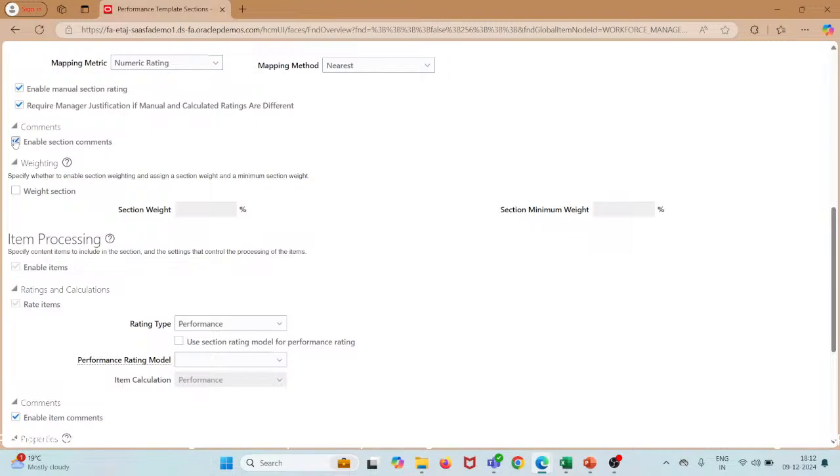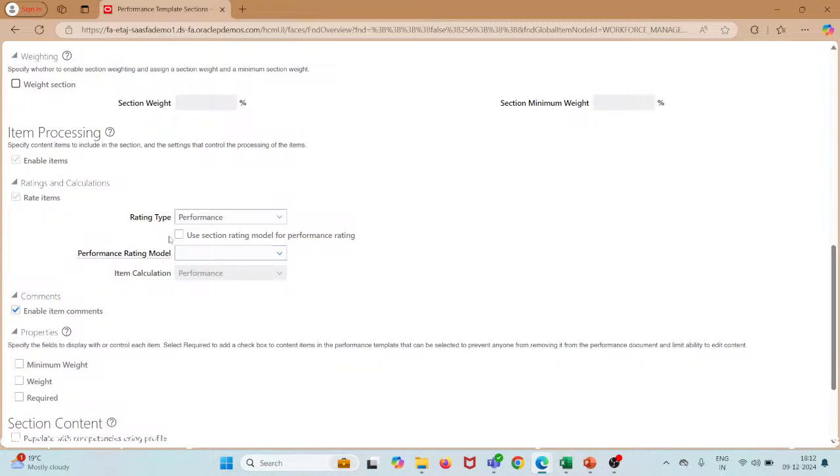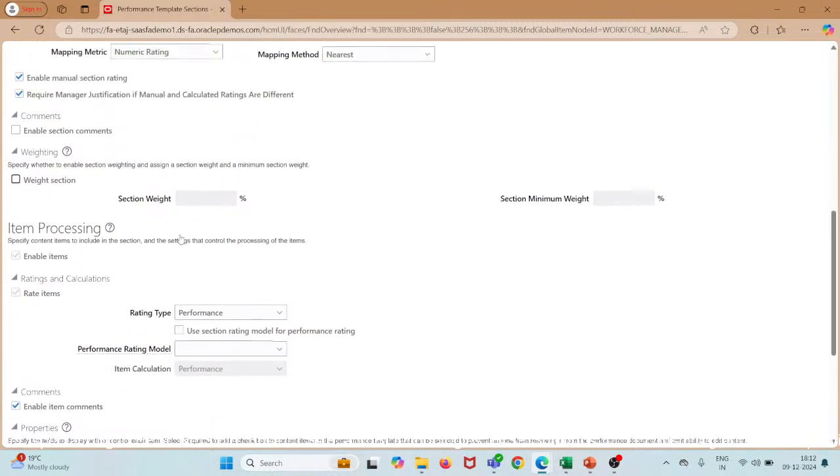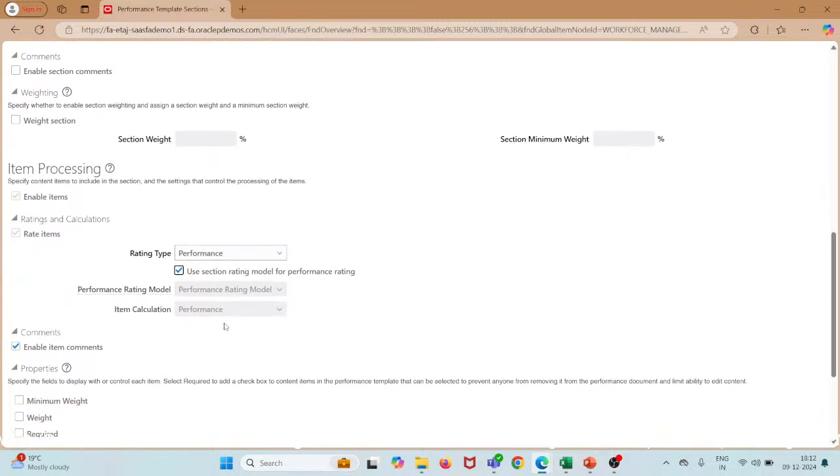Then you can enable comment sections. Then here the same thing, which is weight section. Here is your rating type. You can check mark this, so it will automatically take your section rating model. If I check mark this, it will get automatically populated, and the item calculation will be performance. If I uncheck this